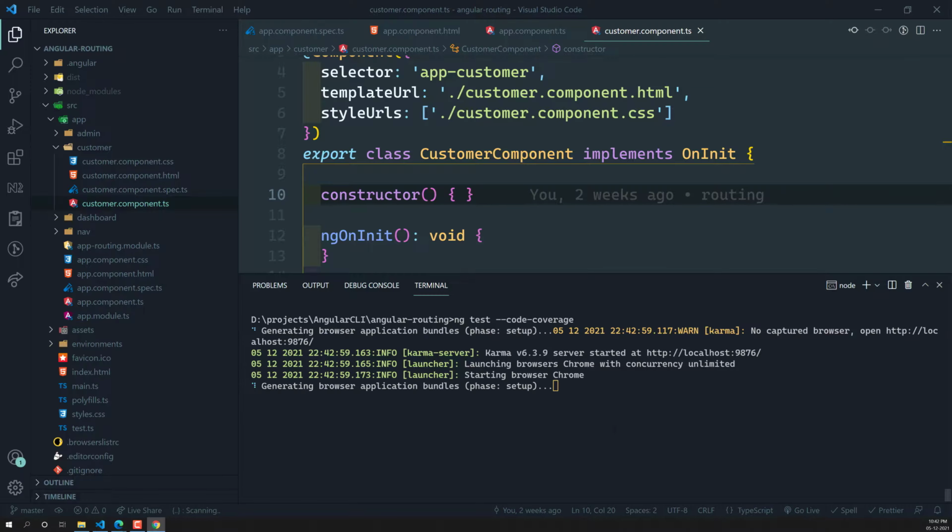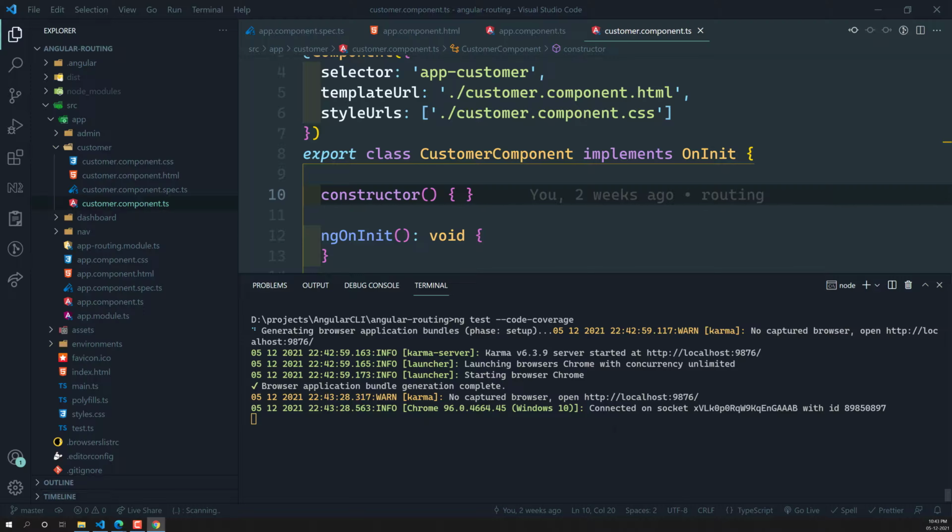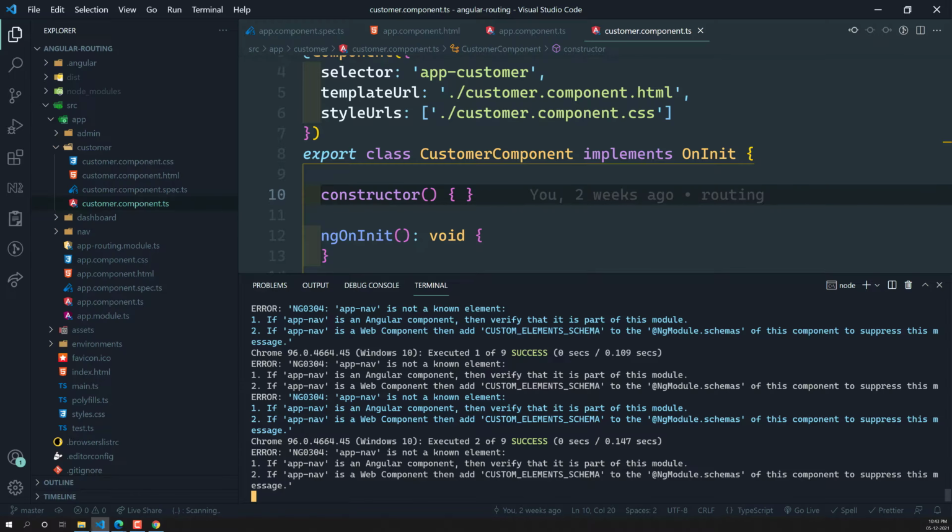Code coverage is a very important concept whenever you are testing, because we need to know how much of the code is testable. Normally we write different scenarios in the code, like if-else conditions and different types of conditions. We need to write test cases in such a way that the test cases are able to enter all the conditions, so that every piece of code is tested. That is the reason we can use the code coverage option to know those details. I will show you how the code coverage looks.